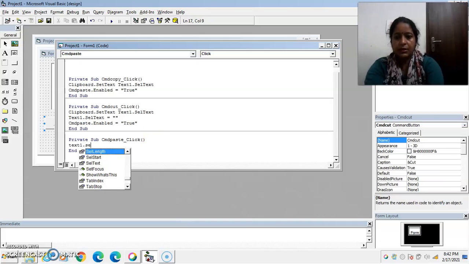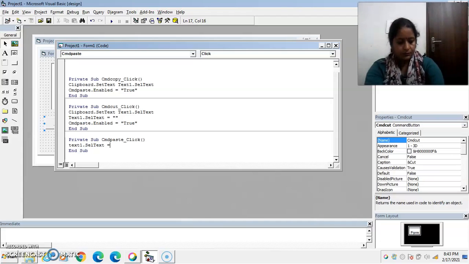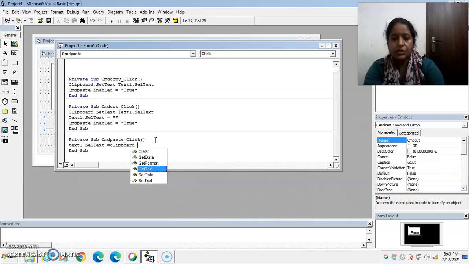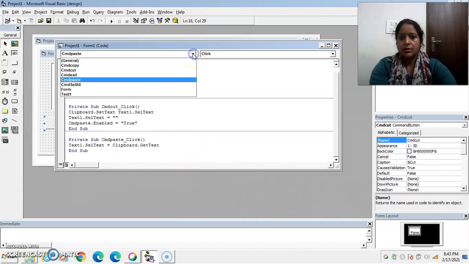So write down here SelText is equal to Clipboard dot. Now we use here the function GetText. Okay, so this is the command for paste command button.